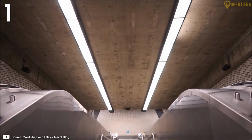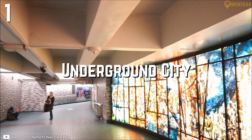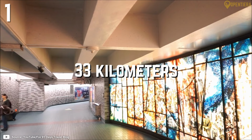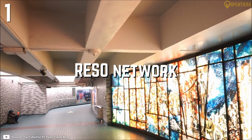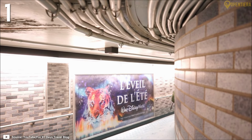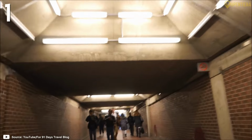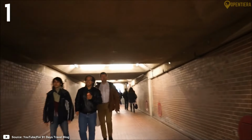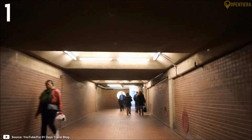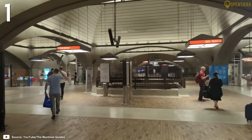At number 1, we're diving into Montreal's legendary underground city, a massive pedestrian network stretching 33 kilometers beneath the heart of downtown. Officially called the RESO network, this underground labyrinth connects metro stations, shopping plazas, and entertainment hubs, making it the ultimate escape from the scorching summer heat or bone-chilling winter cold. Whether you're looking for a unique adventure or just trying to navigate the city in comfort, this place is a